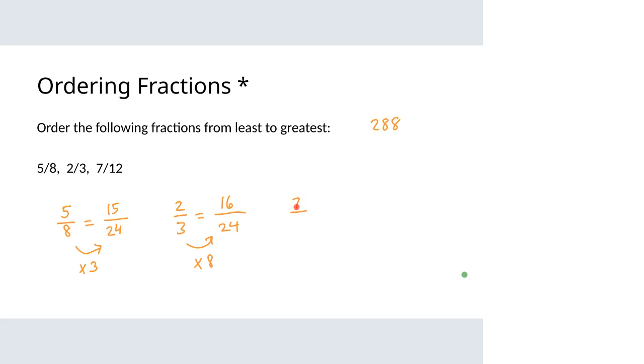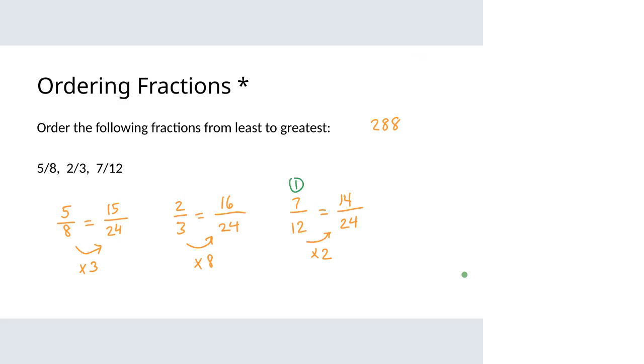And then finally 7/12 with something over 24. That's times 2. So we'll multiply the top by 2 and have 14/24. Boy, these are all really close to each other. But as it turns out,